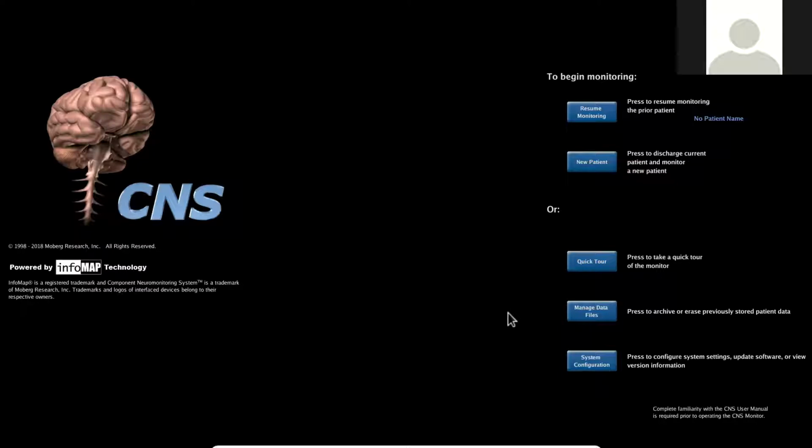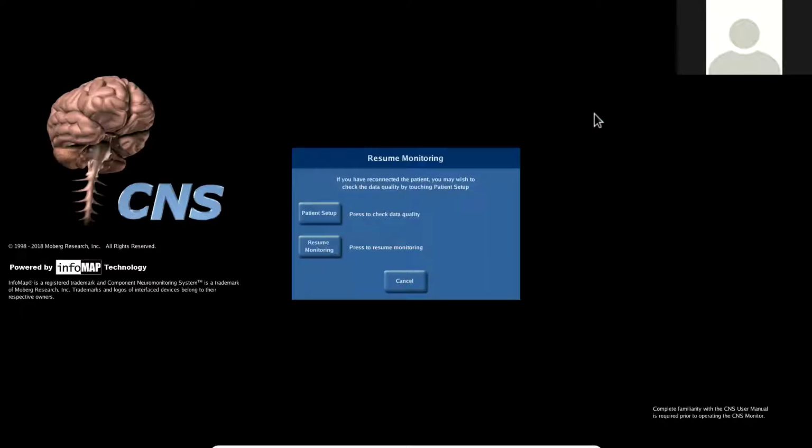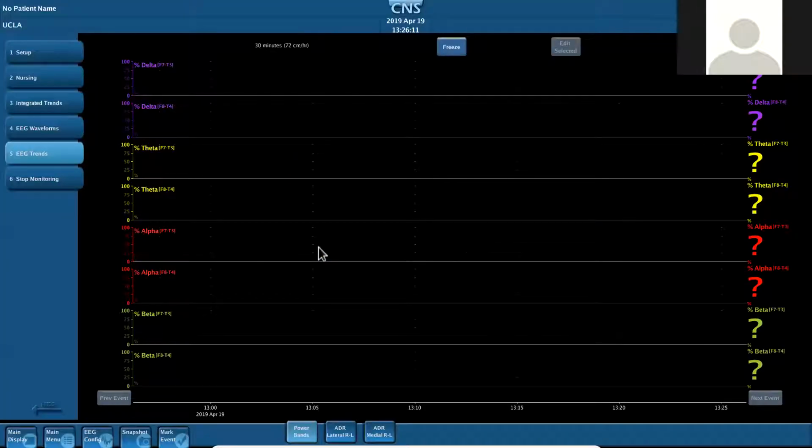So I'm going to show you, once I get out of this, a PowerPoint slide that outlines all of the options that we have for reviewing data and for going back and looking at data. But I'll just start pretty basic, and one of the most basic ways is by actually having an active case running. So when we are actively monitoring a patient,